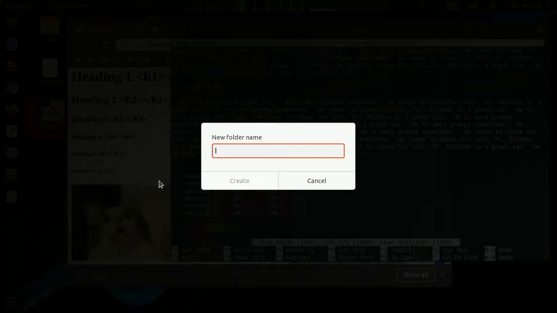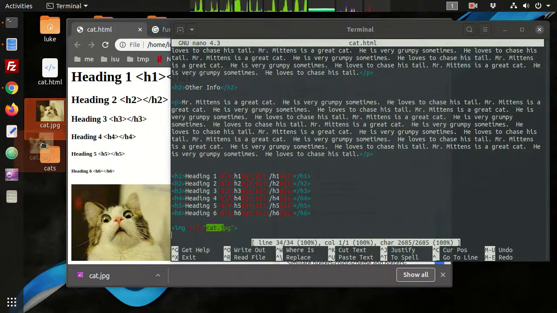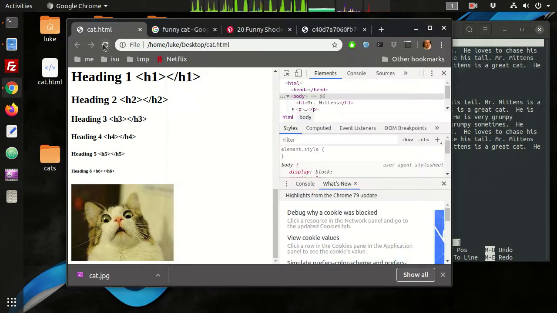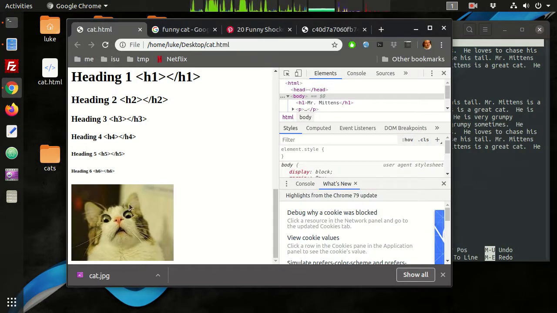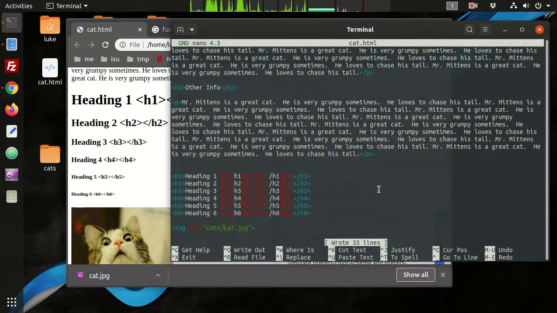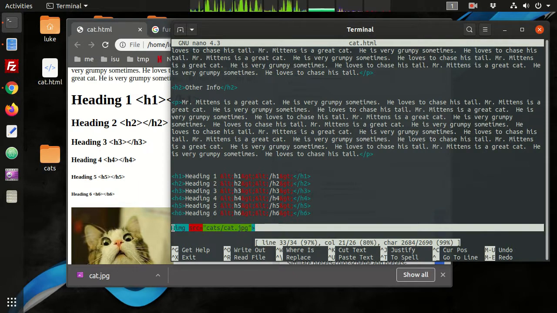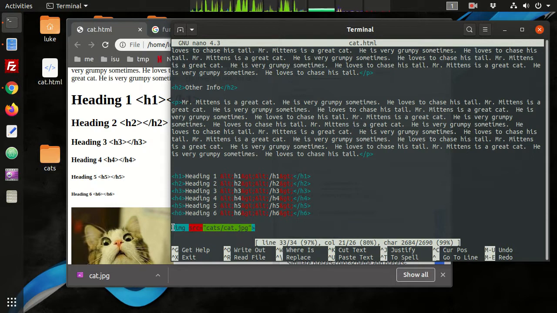I could also create a folder called cats and then move cat.jpg in there. If I refresh this page, we now have a broken image link again, but then I can change this to cats/cat.jpg and then refresh. Okay, and whatever the path is to that image, you just specify it here. Additionally, if I want to make another image, but I don't actually want to have the image on my server, I don't want to host the image, I want someone else to host it,